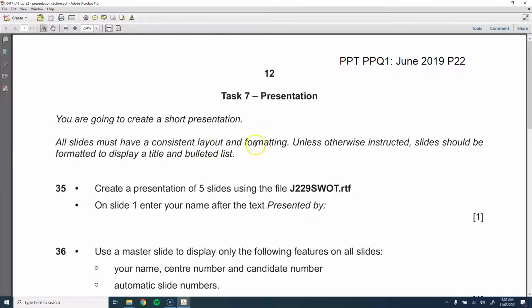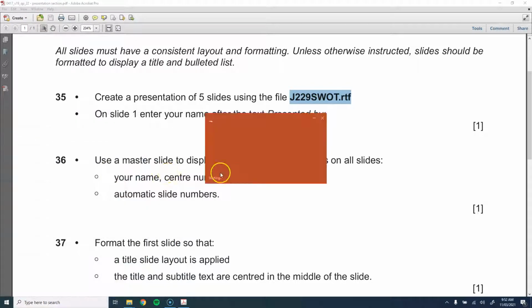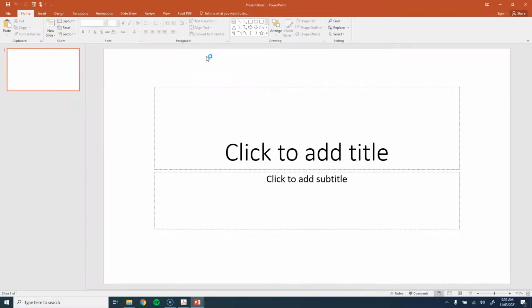All slides must have consistent layout and formatting. Unless otherwise instructed, slides should be formatted to display a title and bulleted list. So we're starting out here by importing this RTF document. So the first thing we need to do is open up PowerPoint. I'm going to create a blank presentation and then go to